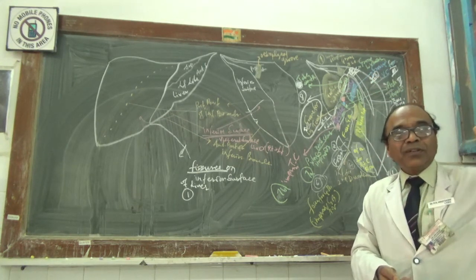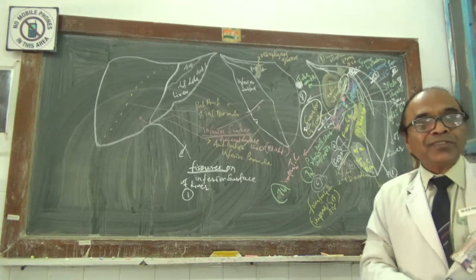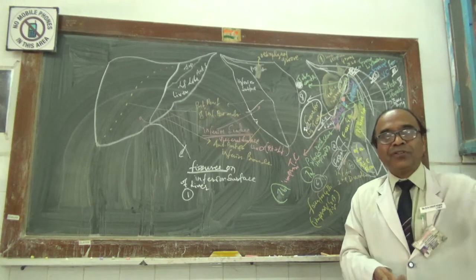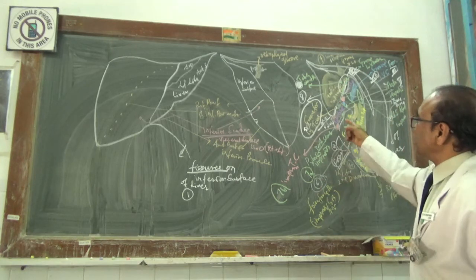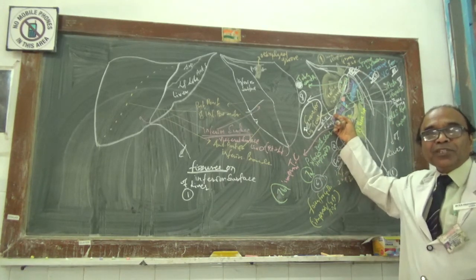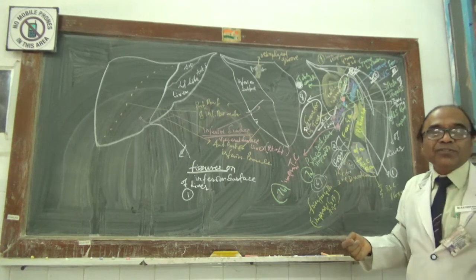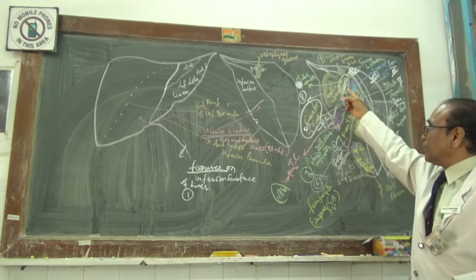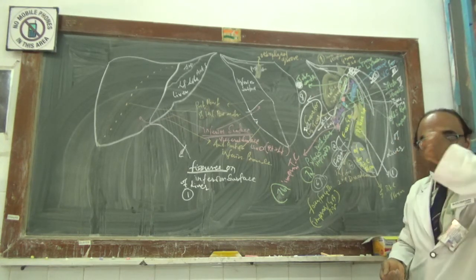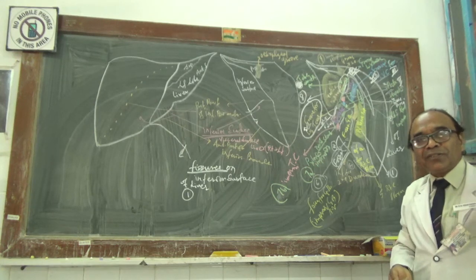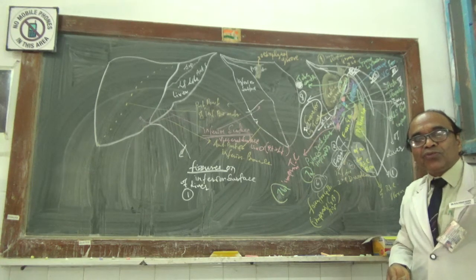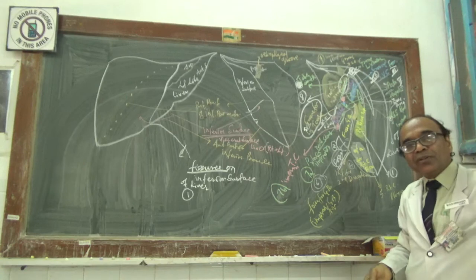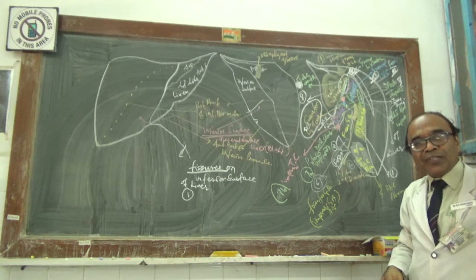So the left triangular ligament will pull the posterior surface of the left lobe of the liver backwards and a little towards the left. Then the inferior layer, the ligamentum teres of the liver, will pull the liver downwards and towards the left. The lesser omentum will pull the liver straight towards the left and down. The ligamentum venosum will pull the liver backwards and towards the right.